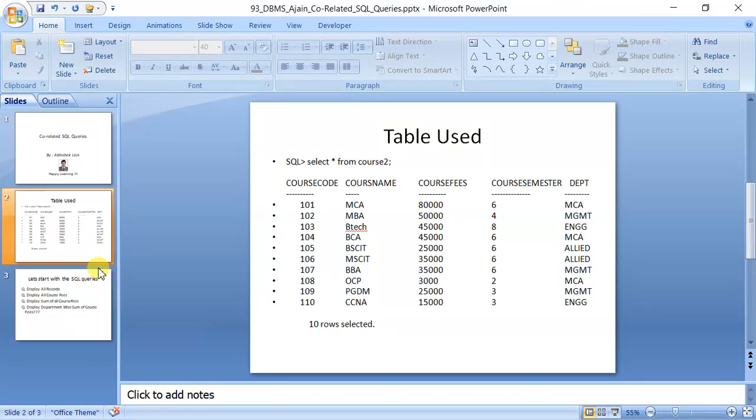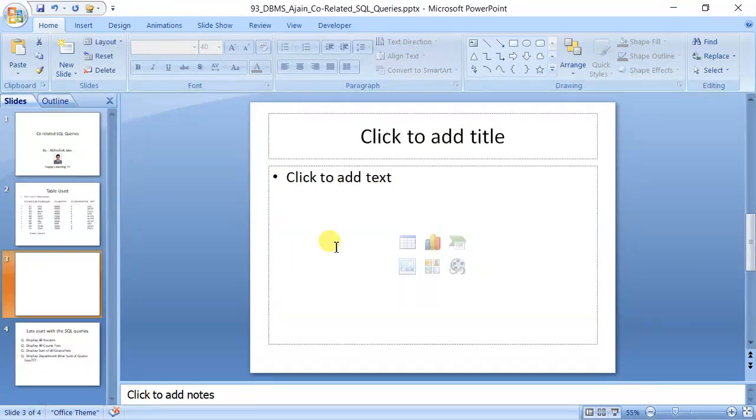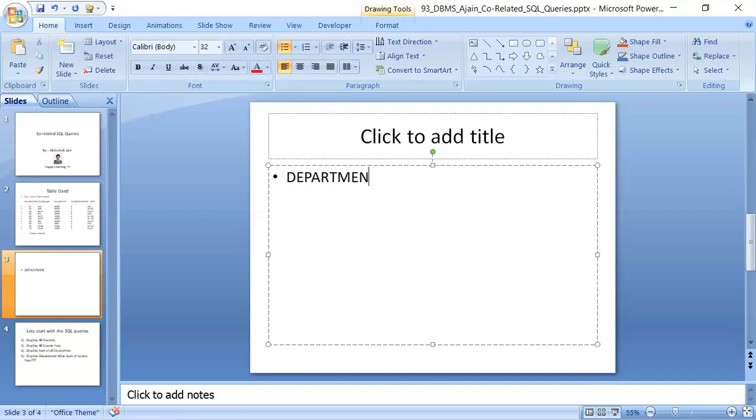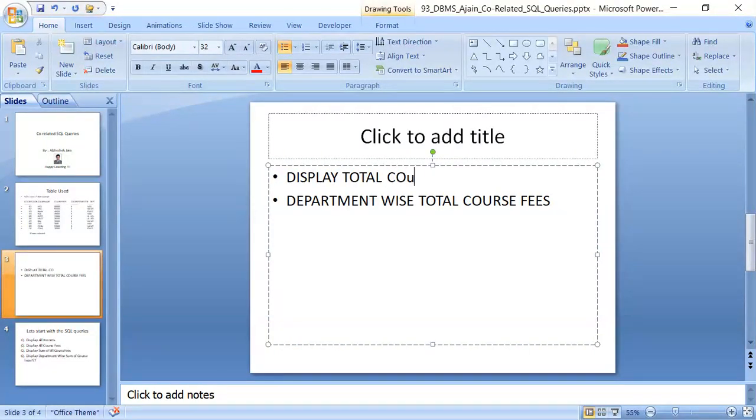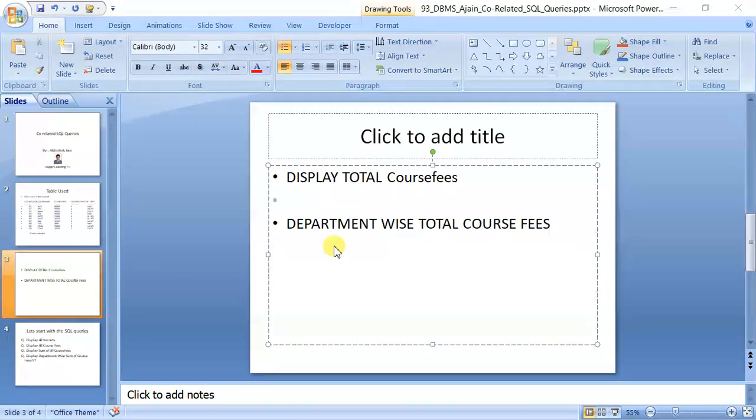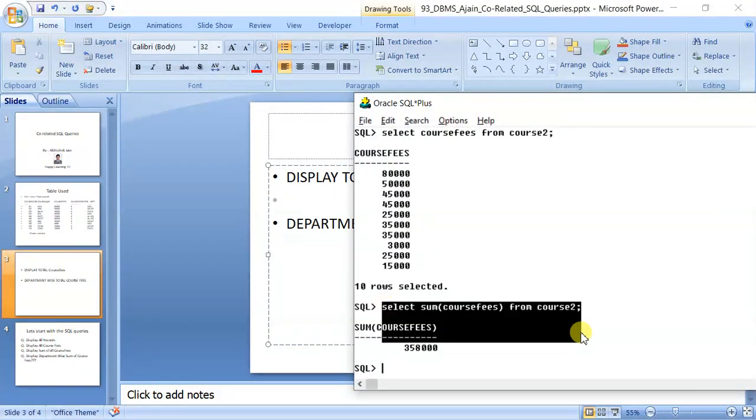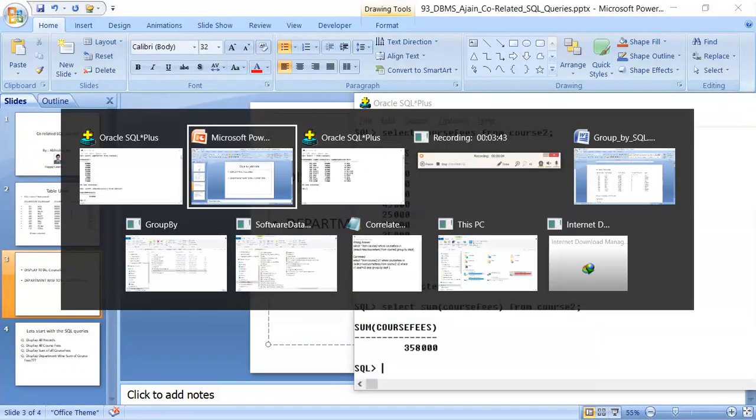Just remember what I'm asking: I'm asking you to display department wise total course fees, and in the previous query I asked you to display total course fees. For that I had written select sum course fees from course 2.